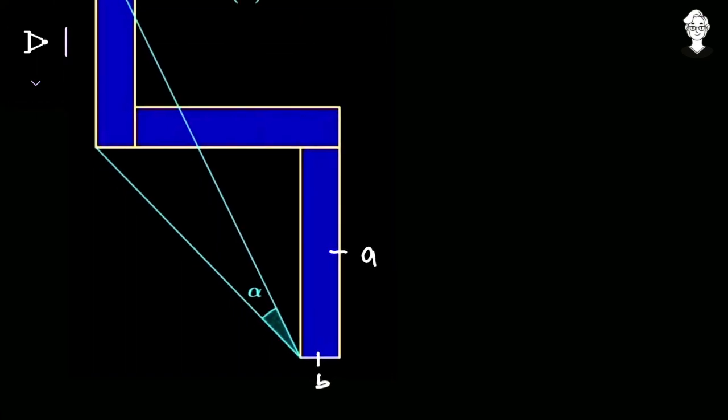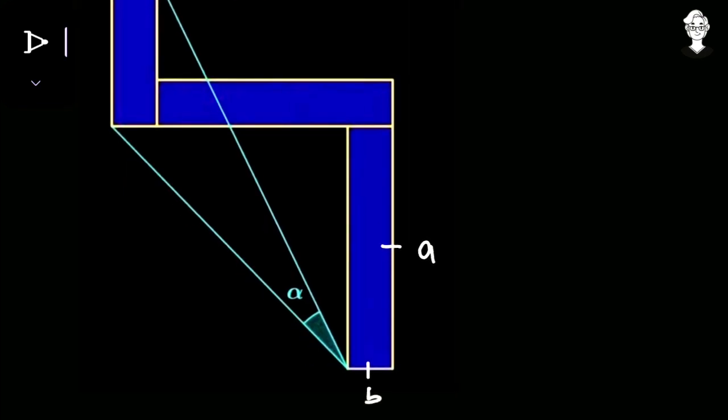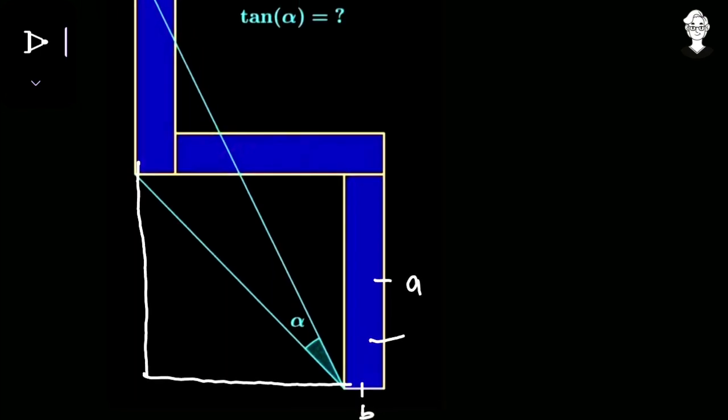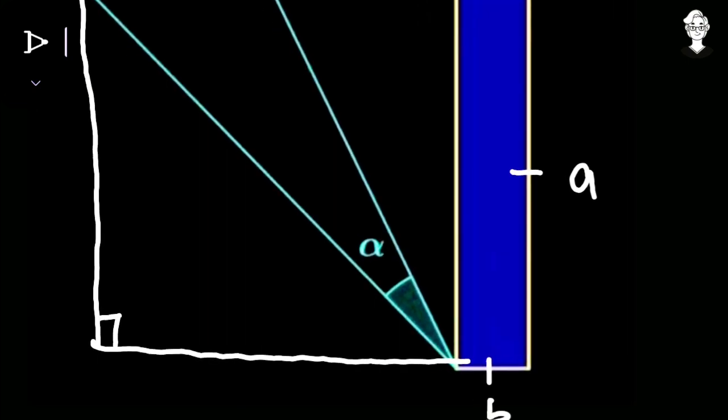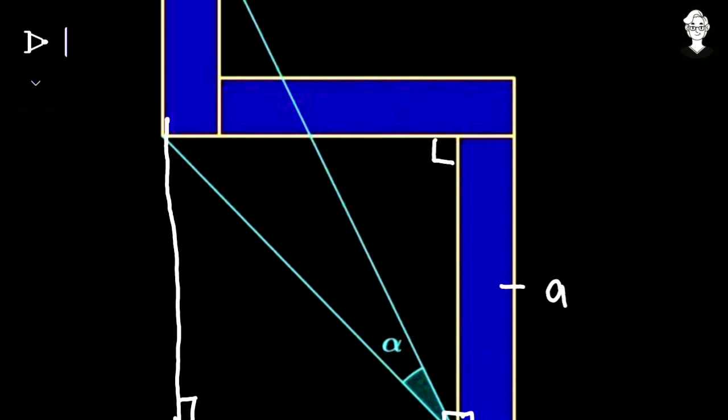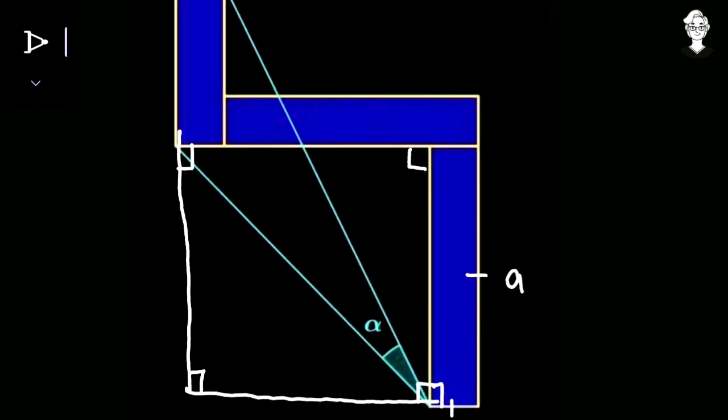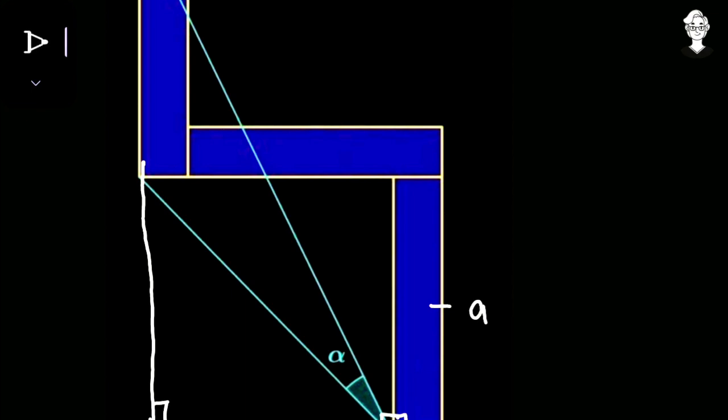Now as these are rectangles, all these 90 degree angles and parallel lines will already be there. So I'm just extending the base of this rectangle and the length of this rectangle to meet at this point, and it will form a 90 degree angle over here also. Yes, 90 degrees. So here it's a complete 90 degree, here it's already 90 degree, and here it's already 90 degree. So I have just formed a quadrilateral having all 4 of its angles equal to 90 degrees. Yes, now let us see what can be done further.